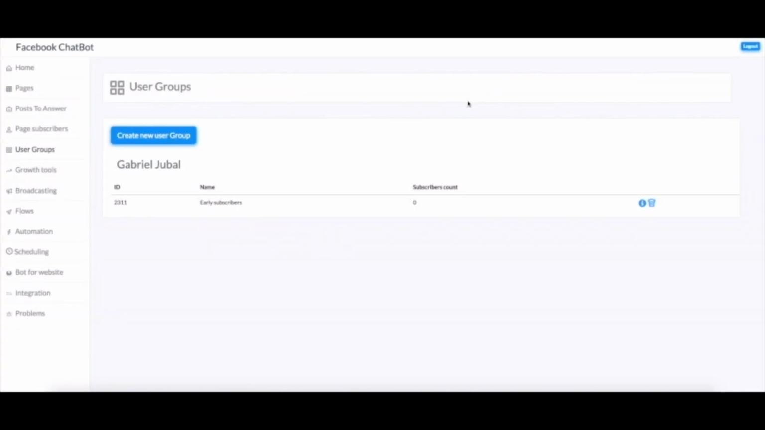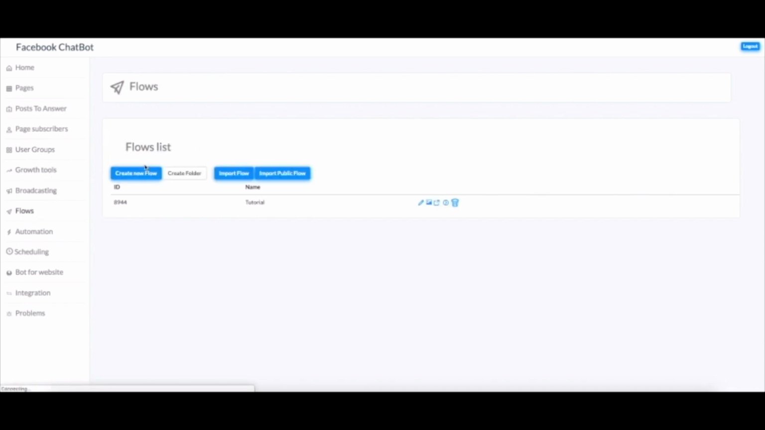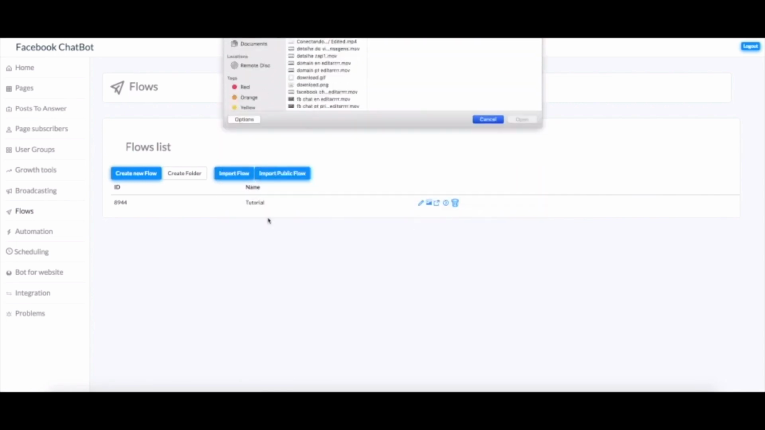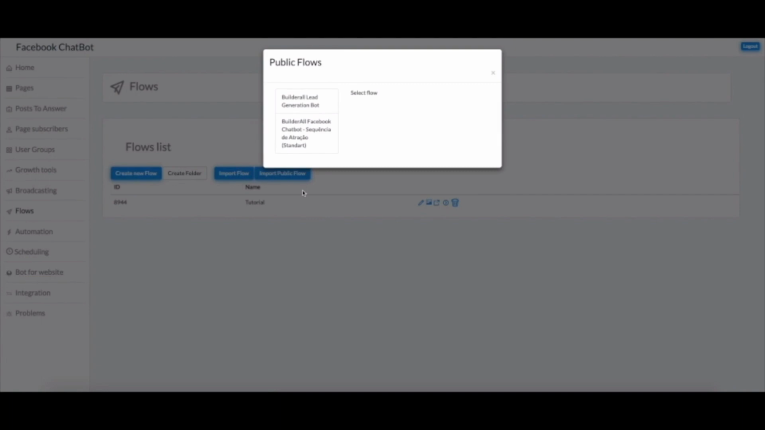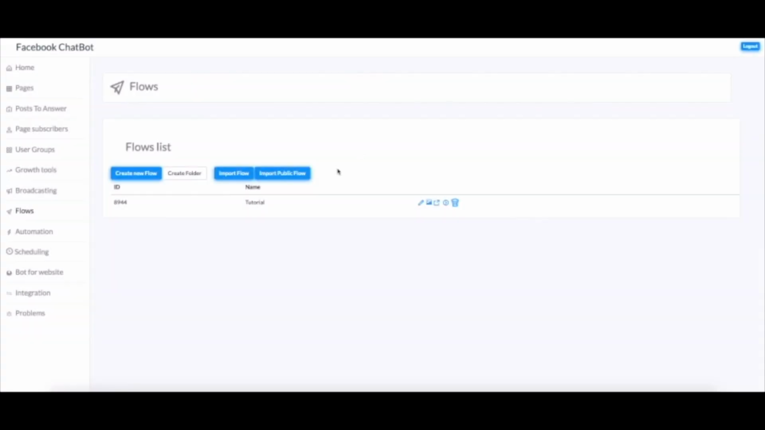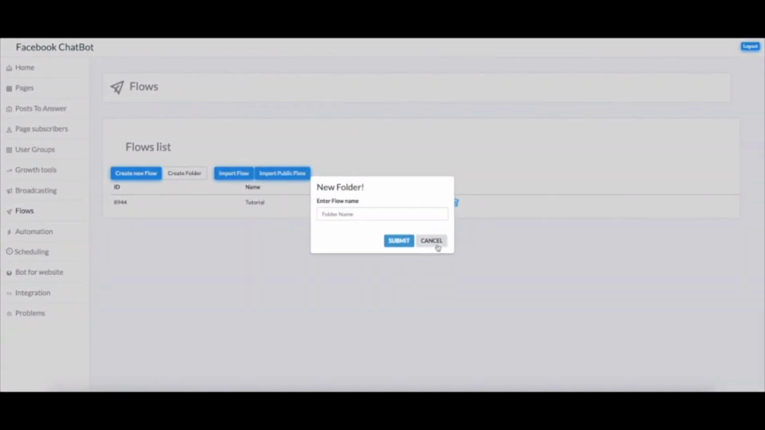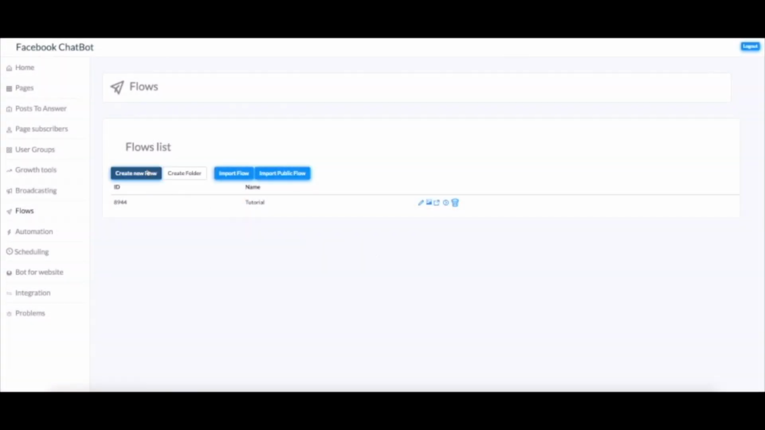Okay, now we'll be taking a look at the messages, which are flows, and then we'll be taking a look at the ways that those flows can be sent. Okay, so I here have the option of importing flows from my computer. I also have the option of importing public flows, which are flows that are already pre-built inside Builderall for you to use if you want to. I have the option of creating folders for those flows, and I also have the option of creating new flows